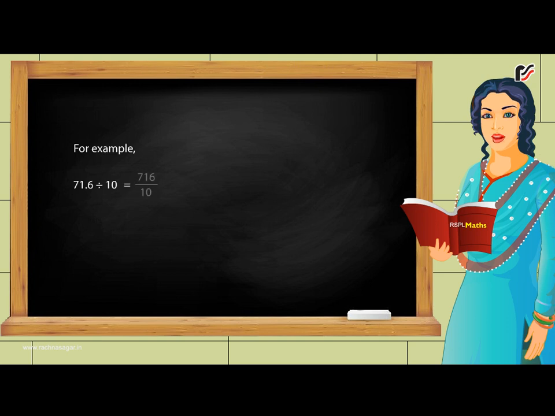71.6 divided by 10 is equal to 716 by 10 whole divided by 10 is equal to 716 by 10 whole multiplied by 1 by 10 is equal to 716 by 100 is equal to 7.16. And